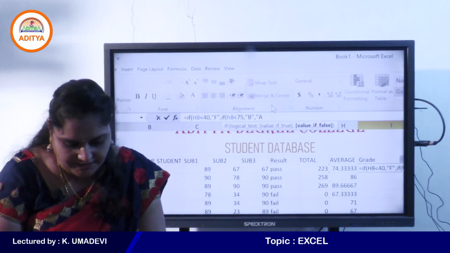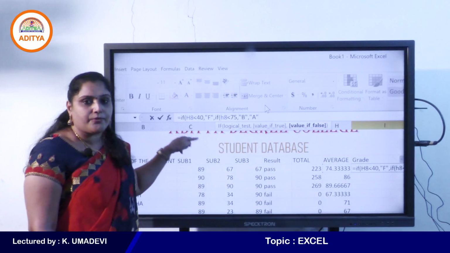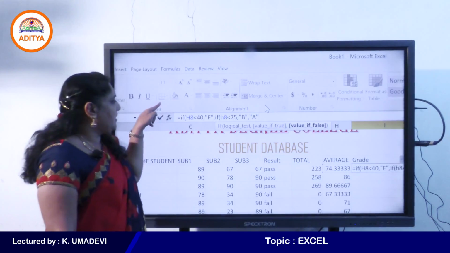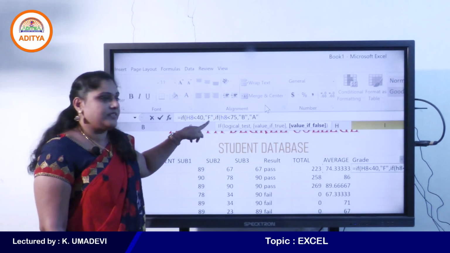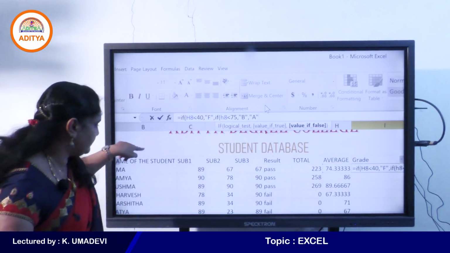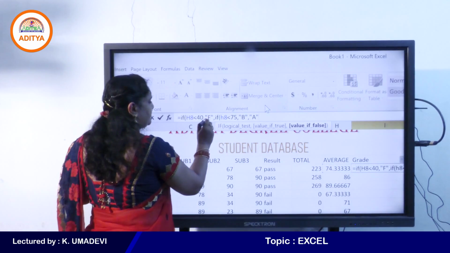Otherwise, A. Just observe the formula, students. If H8 less than 40, okay, so it returns the result as F. This is true value, right?